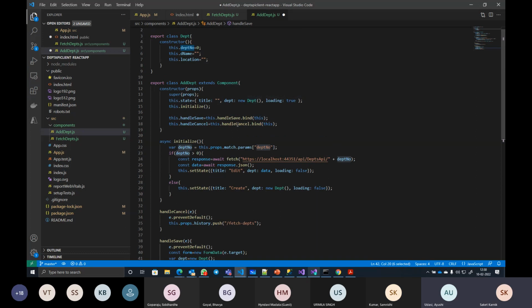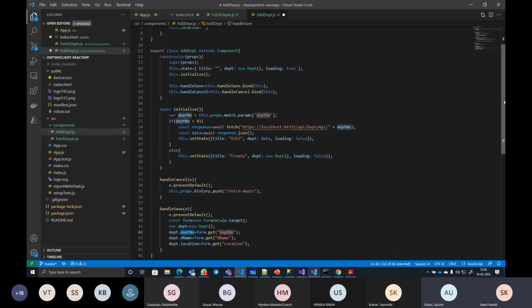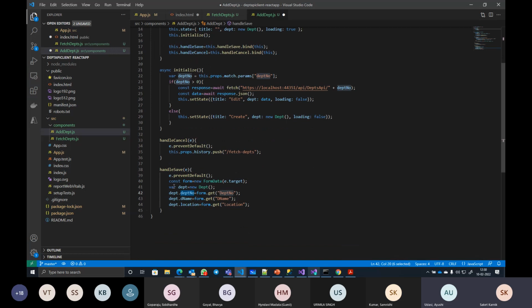But once some operations are done, do you think that object or that state will be enough for me? It may have some garbage values or conflicts may be there. That's why I am forcing a new department object to be created here. So this will do nothing. The first one will create a new object.